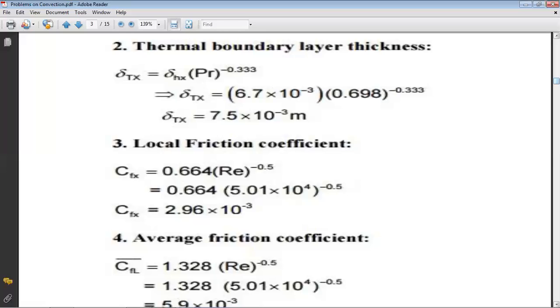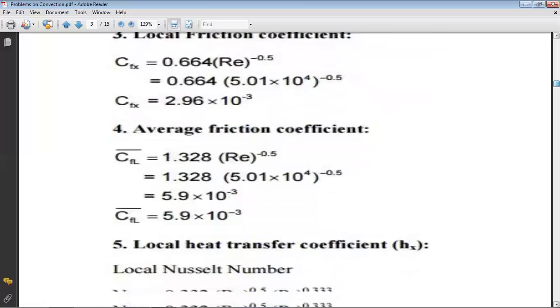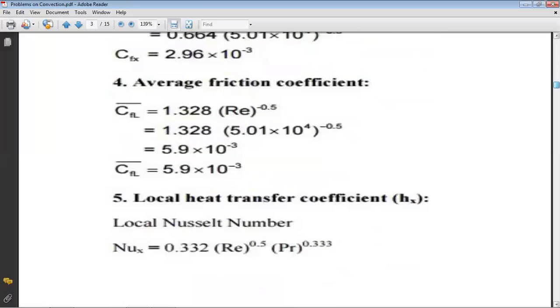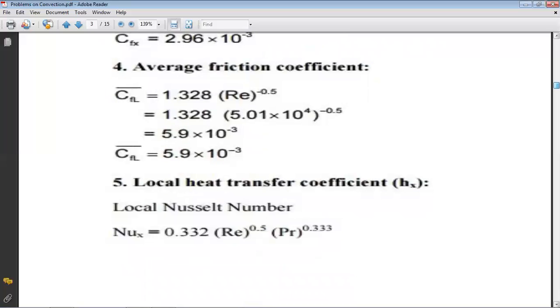Next is average friction coefficient, which is 1.328 into Re to the power minus 0.5. If you calculate the value, you'll have average friction coefficient as 5.9 into 10 raised to minus